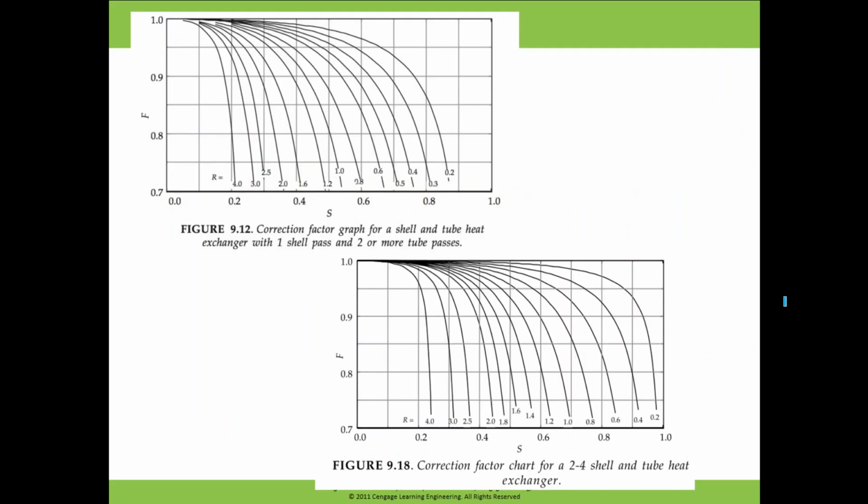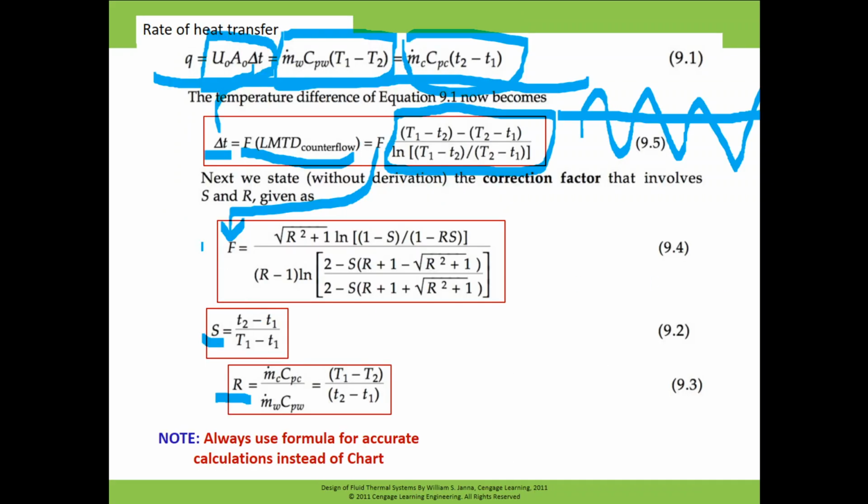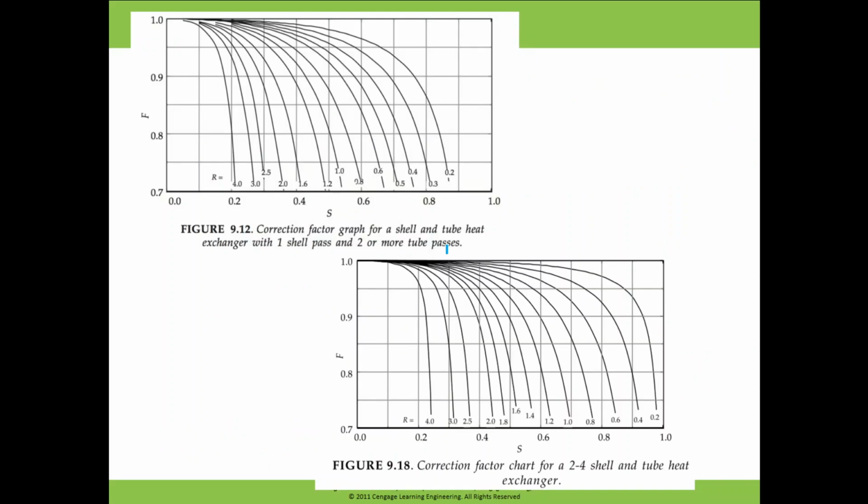Okay, so we have the equations to calculate the correction factor in terms of R and S, and now we can see that there is a graph, a chart. So from this also we can calculate the correction factor F in terms of R and in terms of S. So we need to know what R is and what S is, and then we can calculate the correction factor